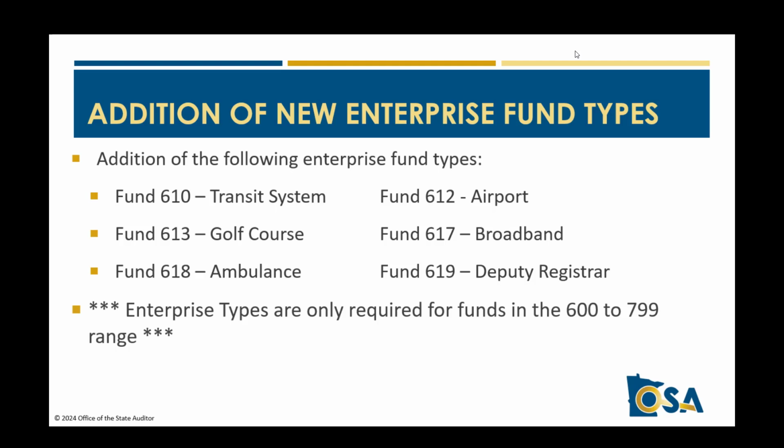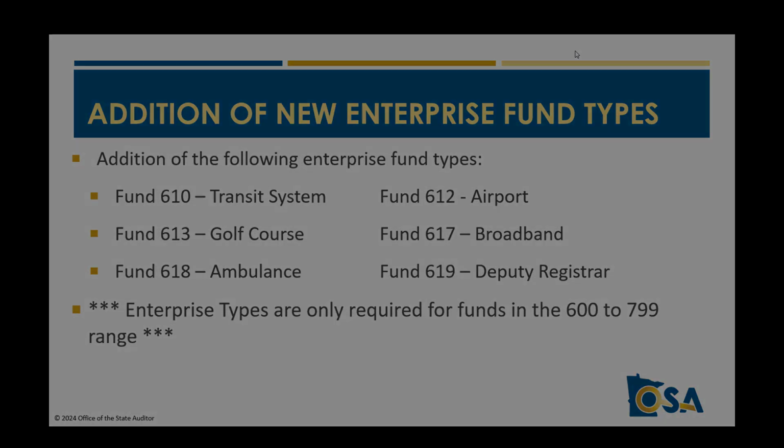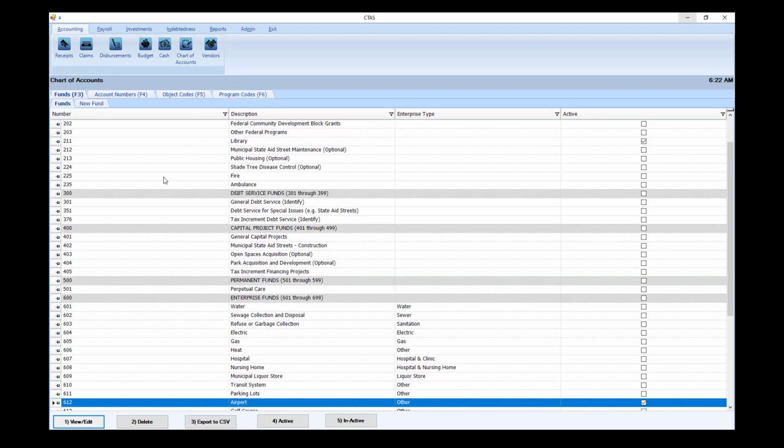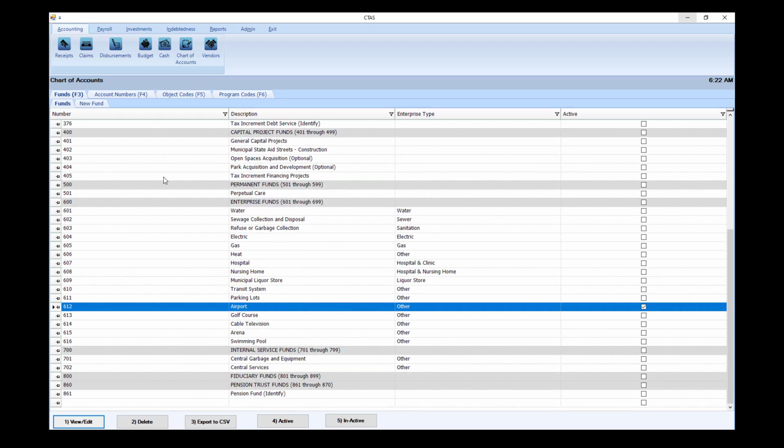Let's take a look in CTAS where the enterprise types display. With CTAS open, select the Accounting tab on top and the Chart of Accounts icon. Enterprise types will be found when you activate an enterprise fund. Let's take, for example, the airport.